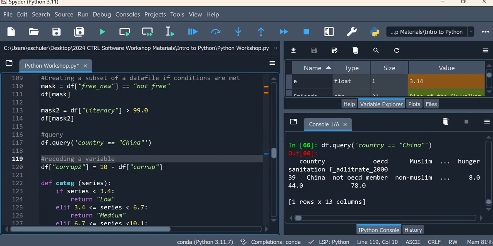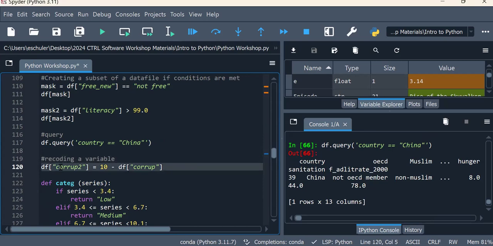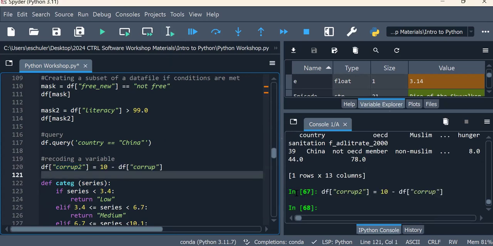So higher scores actually reflect higher perceived corruption. Say there's a new variable called corrupt2. So corrupt2 is not in our data set yet. So I'm going to say corrupt2, give me a new variable in the df object, equals 10 minus each country's current corruption score. So now if I go ahead and then pull up the data frame,